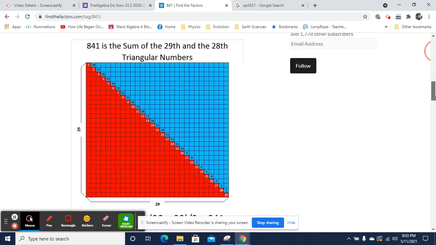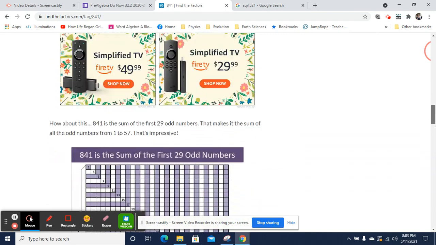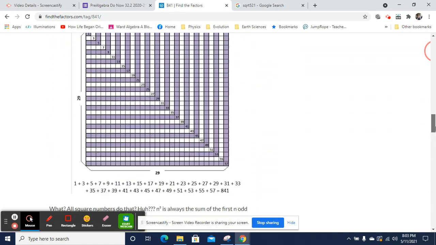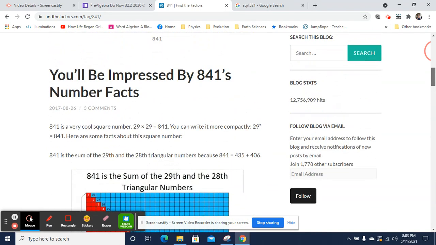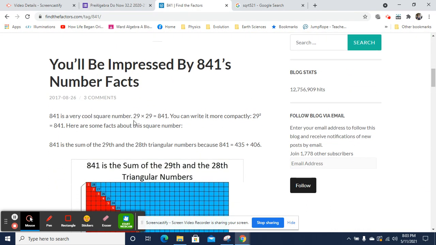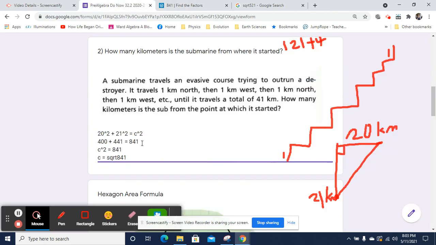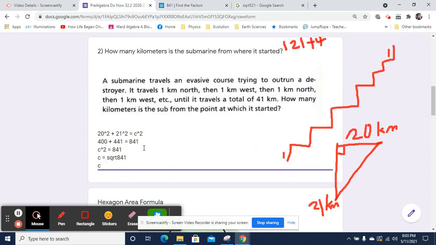Well, there's a lot of really interesting things about 841, but let's find the basic thing. This is very interesting. It is a square. It's a perfect square. 841 is 29 times 29. So we have our answer. So C equals 29